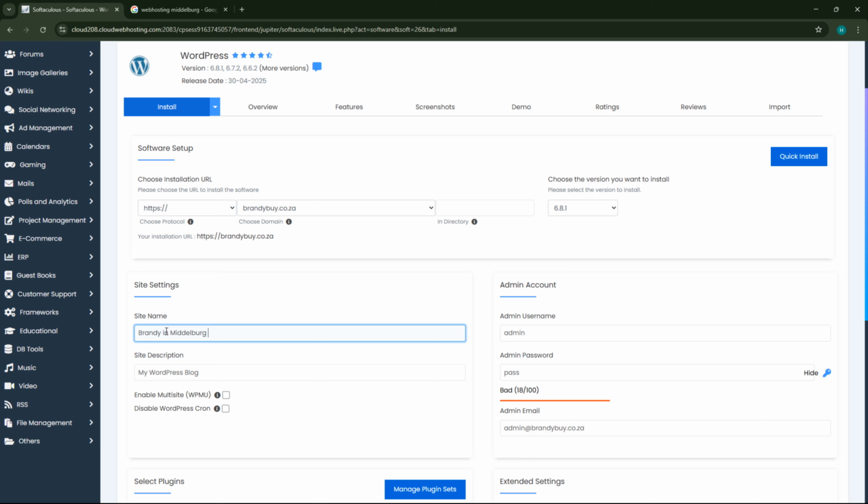People who are searching for brandy will find me in Middelburg. It depends what your niche is, and you add it there. And for the description as well, I will say best brandy store. So yeah, that's the way we're going to go.